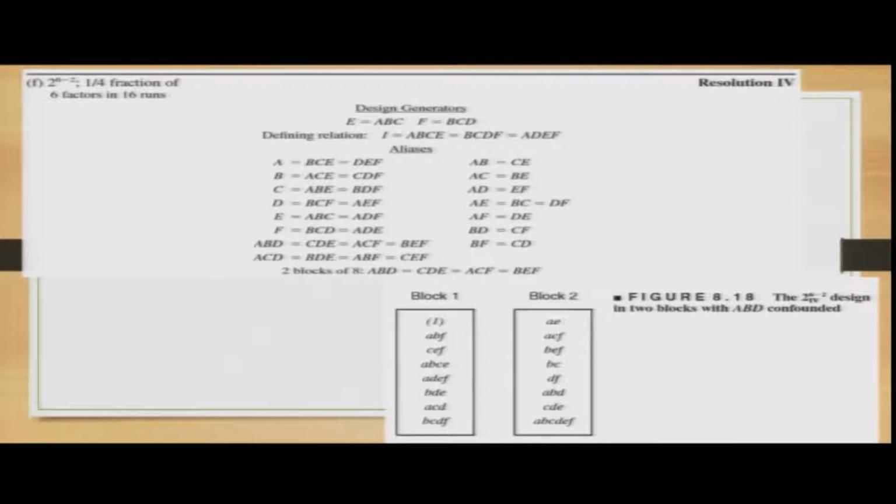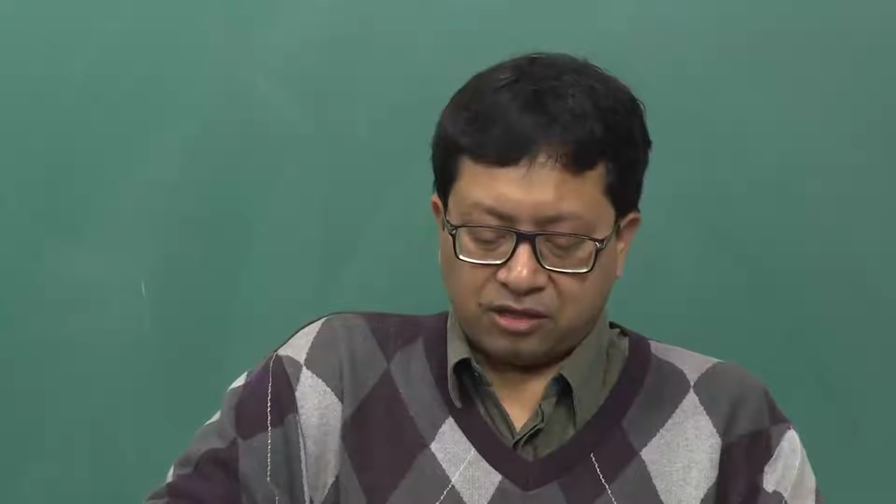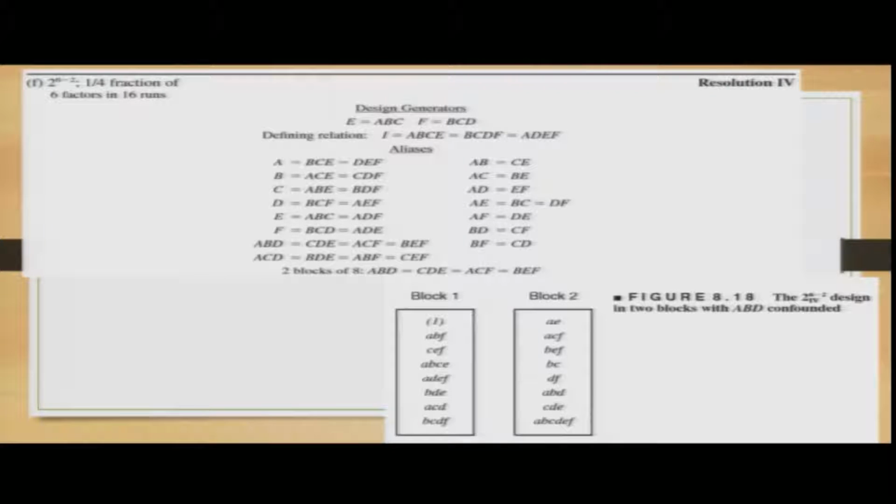So, aliases when we find out, the combinations would be A clubbed with B C E and D E F, that means the effect factors are being combined together in order to reduce the overall complication of calculations. Similarly, you will have B, and in that case A C is equal to B E. So, these equalities mean the effects we are going to combine in that manner. The third one is C, which is A B E and B D F. Similarly, the fourth one is D, which is equal to B C F and A E F. Considering that, we basically continue.